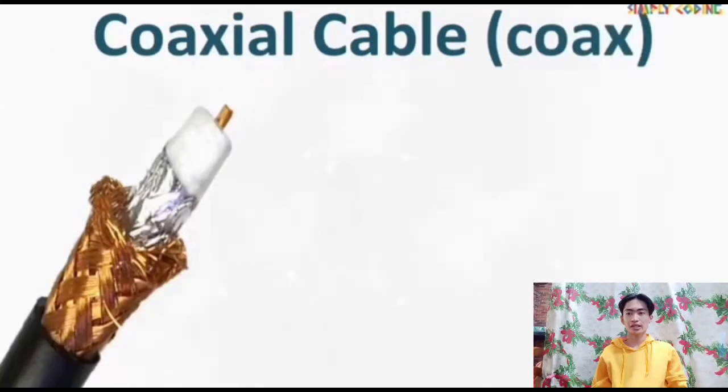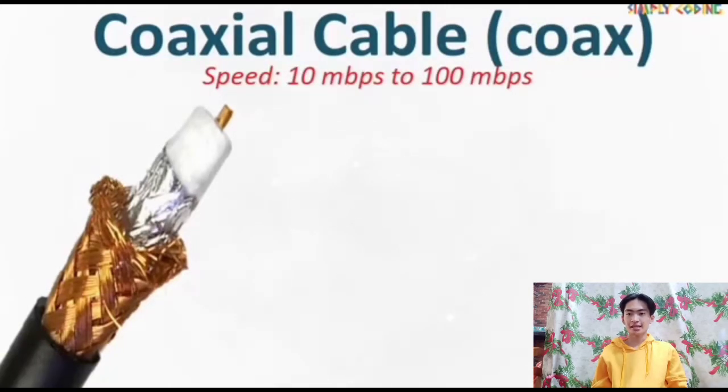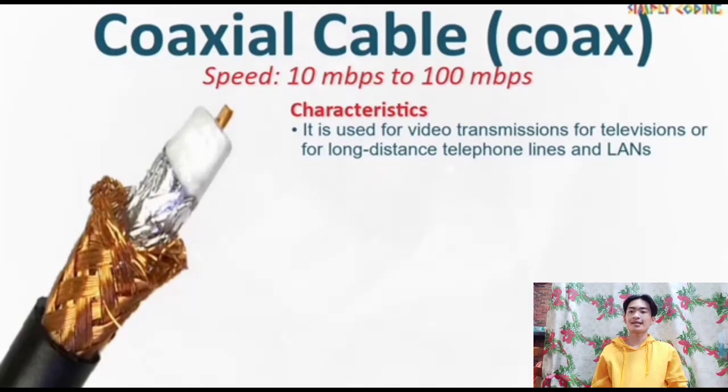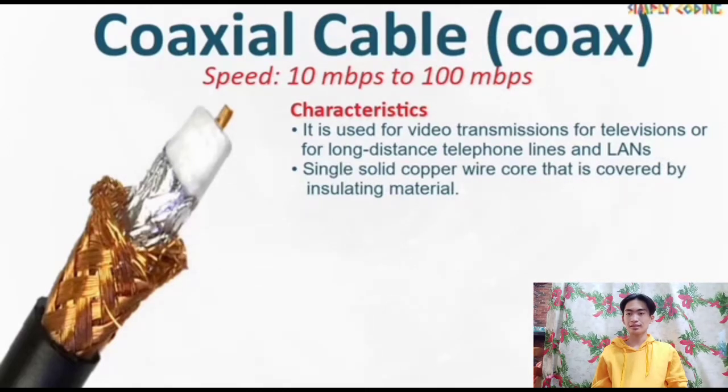Next is the coaxial cable. A coaxial cable is a type of shielded and isolated copper cable that is used in computer networks and to deliver cable TV services to end users. It was first commercially implemented in the early 1940s, and it is used for both baseband and broadband data communication